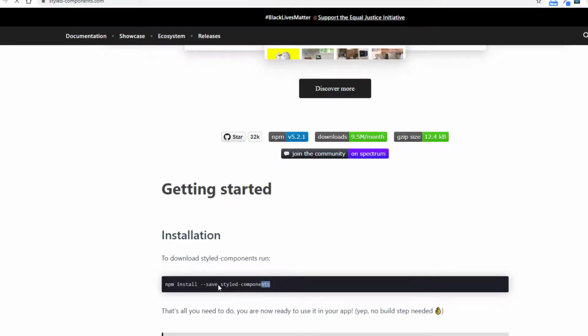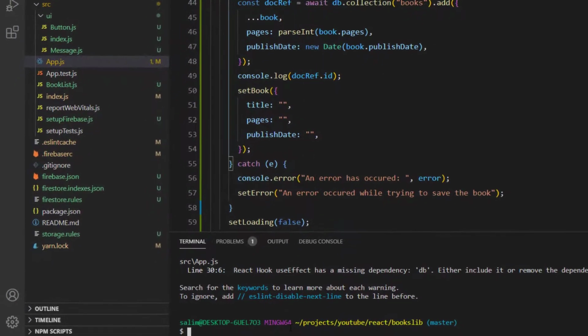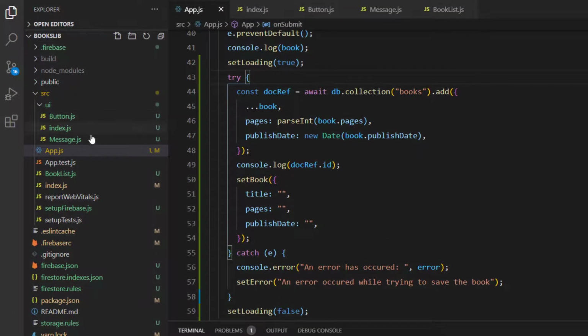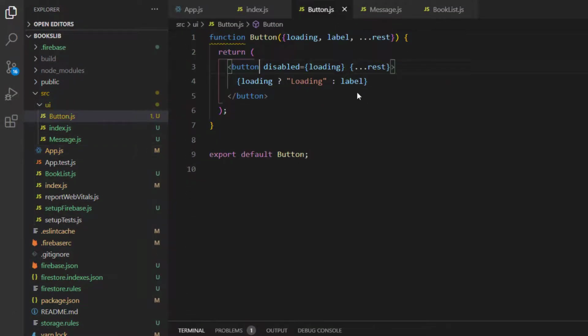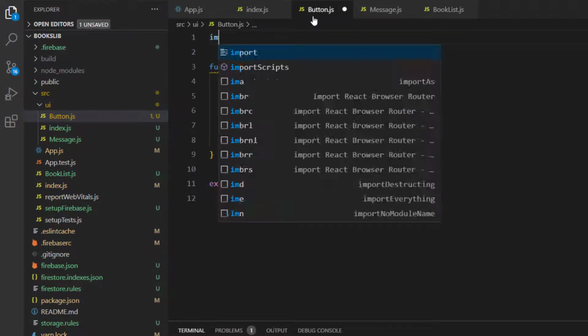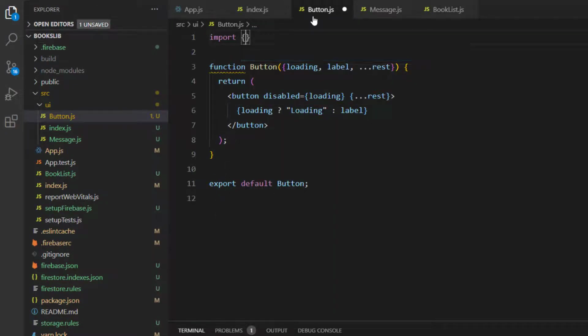To install styled-components with yarn, we type yarn add styled-components. Alright, now the first thing, I need to style the button, and I'll import styled